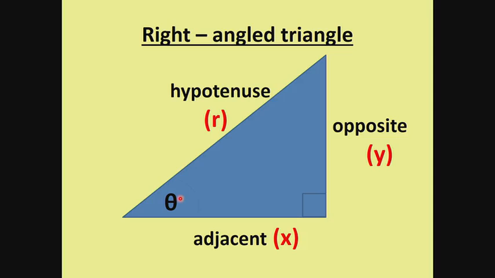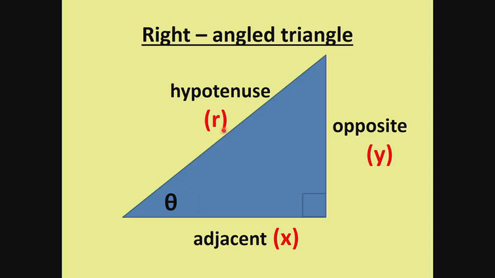So we have the angle theta there, and according to where theta is, we will have three sides of the triangle. Now you know that the first side you need to recognize is your hypotenuse side, which I would like you to refer to as the r value. And how do we do that? That is the side right opposite your 90 degrees. Right? So that is the first side.